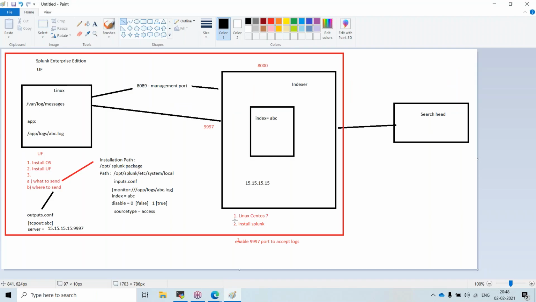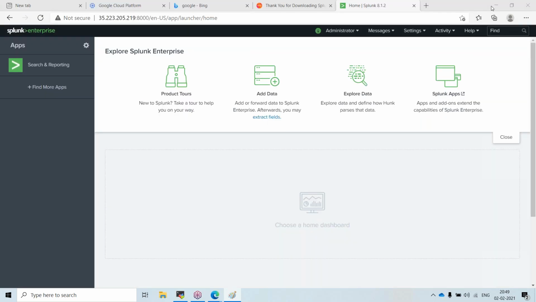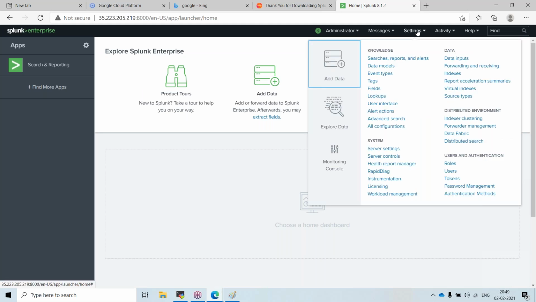Now as I mentioned, we have done the Linux installation and the Splunk installation. The third part is that I have to enable 9997 for accepting the logs. In settings, under data, there will be something like forwarding and receiving.